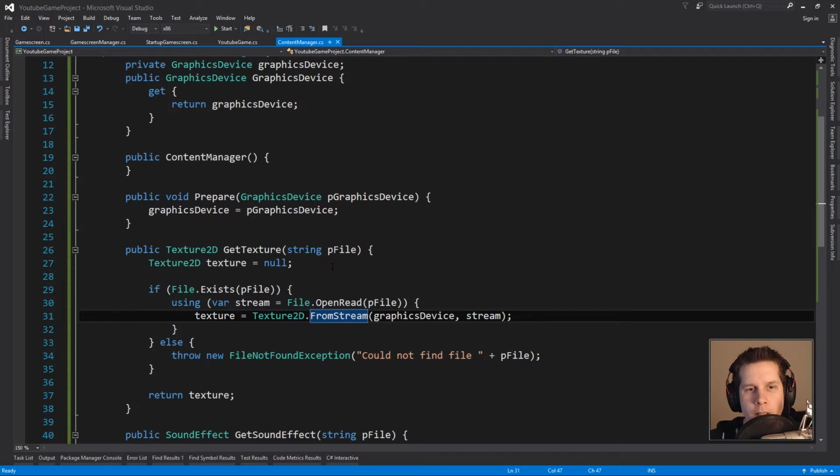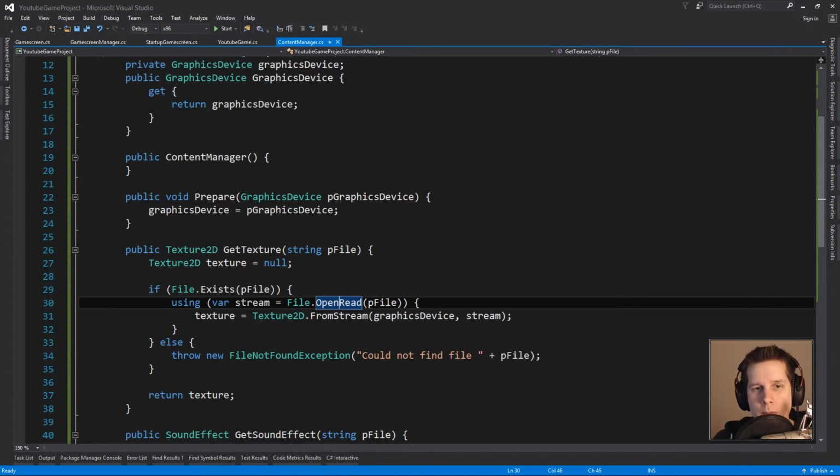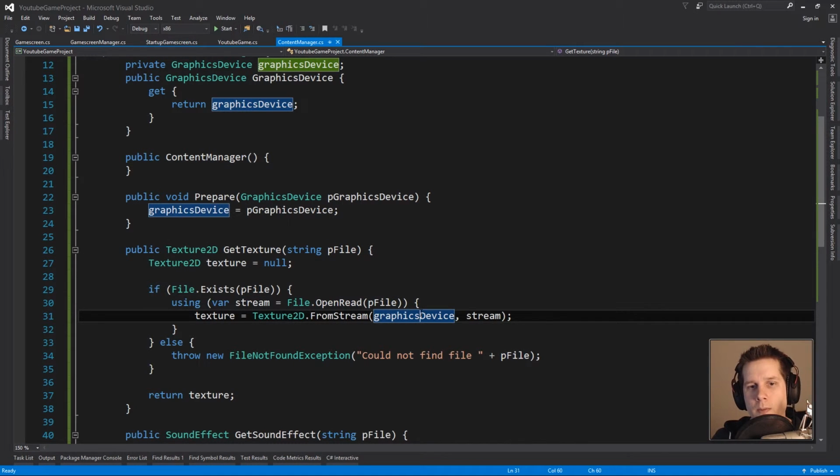Eventually, if I ever find out that it's a big waste of time to create a content manager, which I haven't thought so yet at least, then I guess we would refactor and make use of the pipeline inside the content manager anyway. So I still feel like the class is a good thing to have. It's also going to be where, maybe now we say get texture, and we just open up the file you ask for, and say, get this file. But the way the pipeline works and the